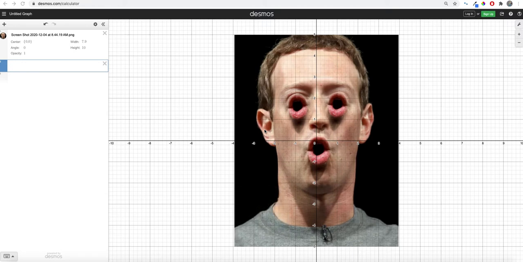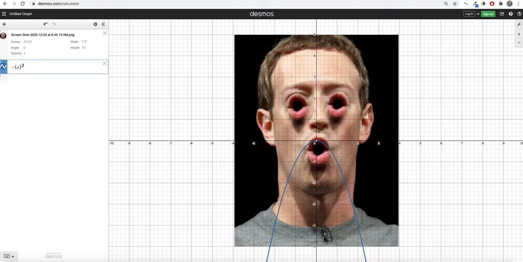Hey math kids, this is just a quick video to show you a new technique that I found out for restricting domain and in some cases restricting the range. Most of the time we're going to approach it as restricting the domain. Remember your assignment is to redraw this using functions. I'm not going to redraw the entire thing on this video, but maybe we'll focus on this eyebrow or something like that. So I'm going to use an upside down parabola, and I'm going to use vertex form